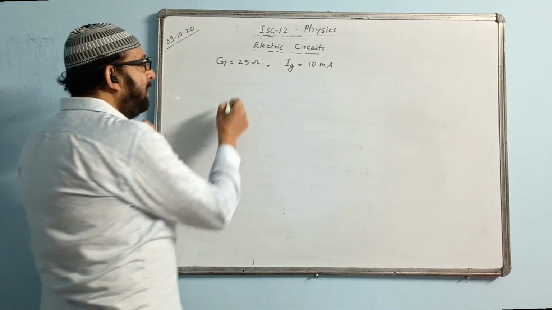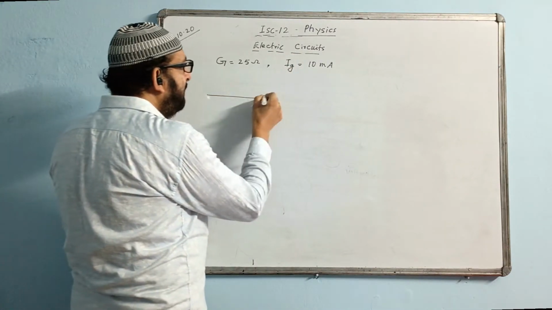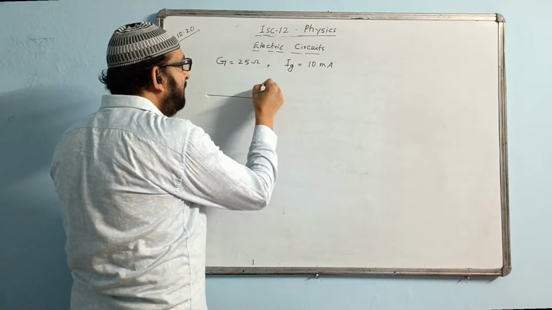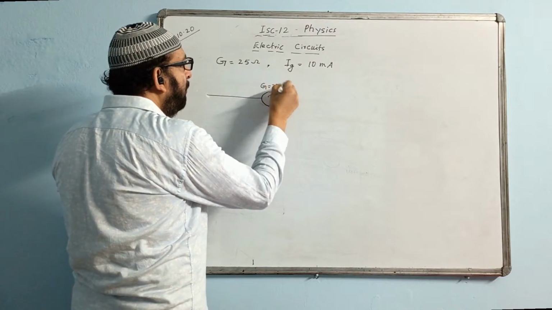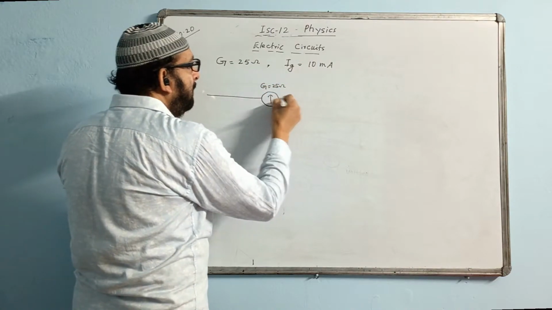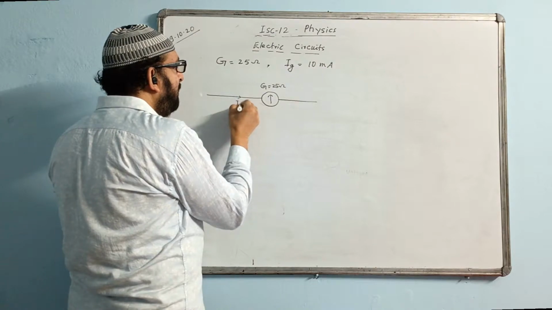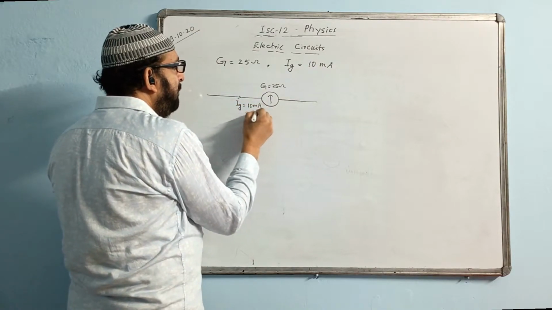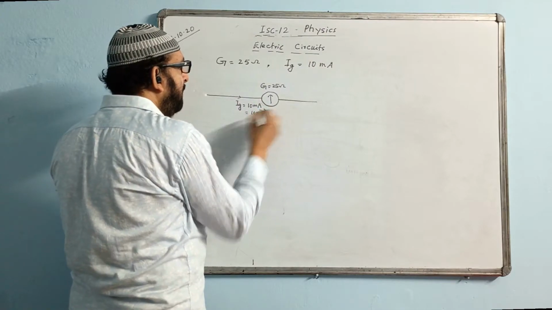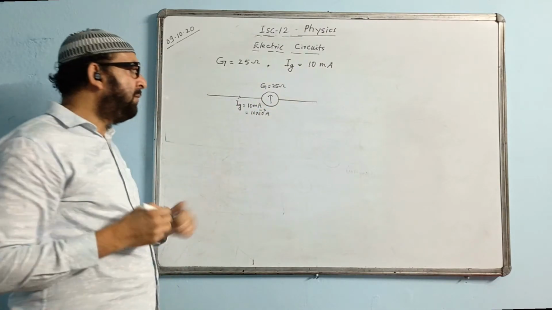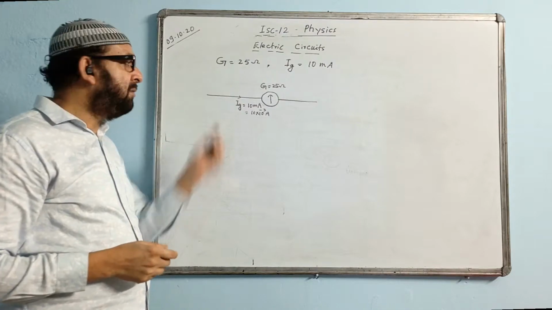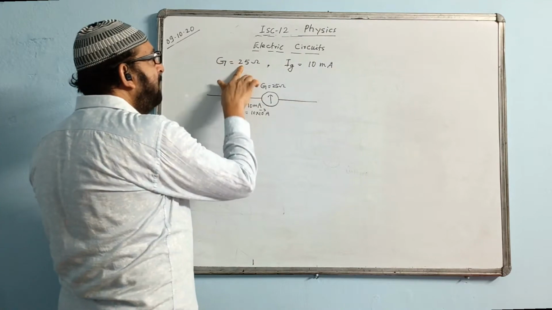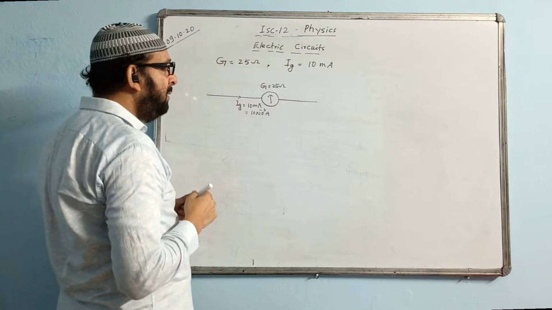So first we draw the diagram, and the diagram will help you in writing it up, using your concept. Right here, the galvanometer value G is 25 ohm, and the IG value is also written: 10 milliampere. 10 milliampere is 10 into 10 to the power minus 3 ampere, right? Milli is 10 to the minus 3, that I am putting here. And the value of capital G is how much? 25, I wrote here, right?